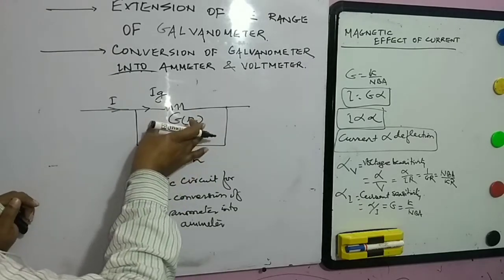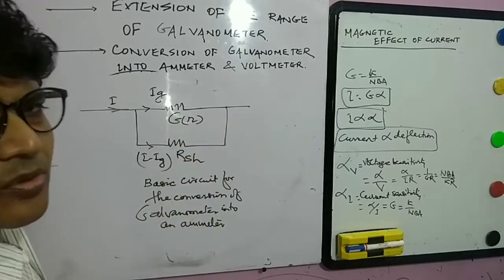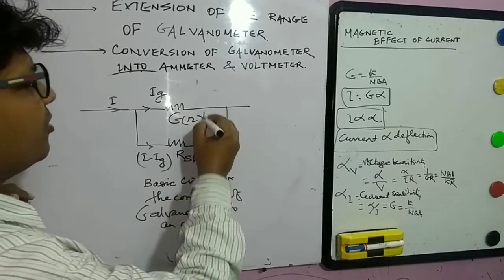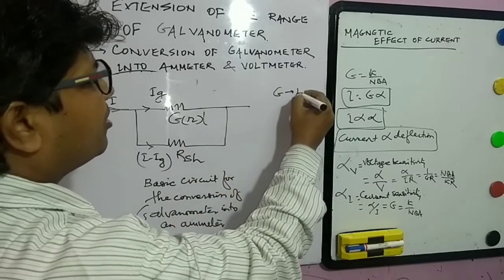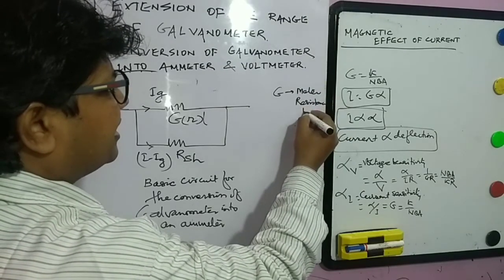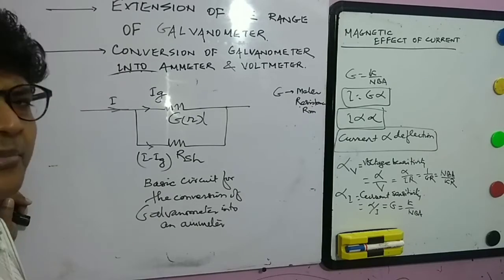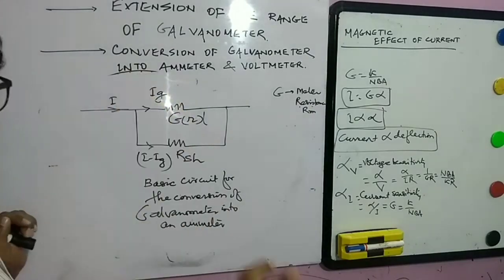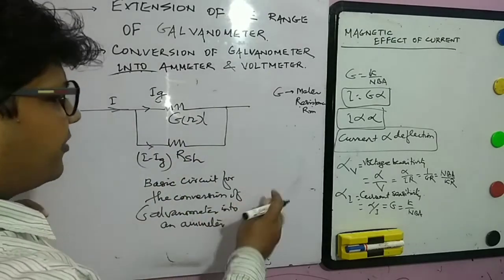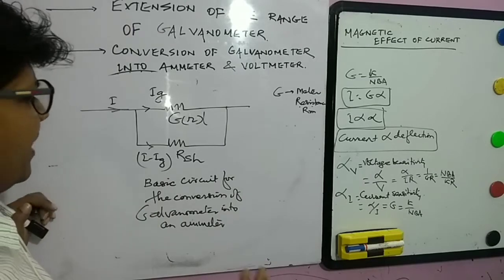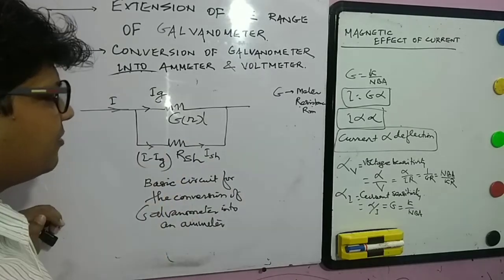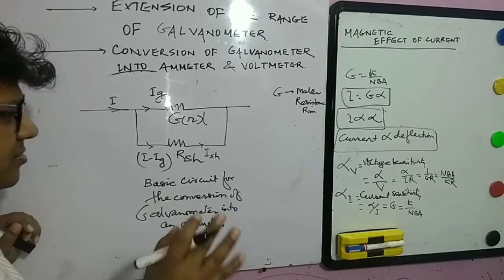So this is the meter, G is in ohm, and we can also call it the meter resistance. In some measurement books this is called meter resistance, indicated by Rm. So don't get confused, G has the unit ohm, so this is resistance. If we are asked what the value of ISH and RSH will be, we can calculate it, it's not a big deal.